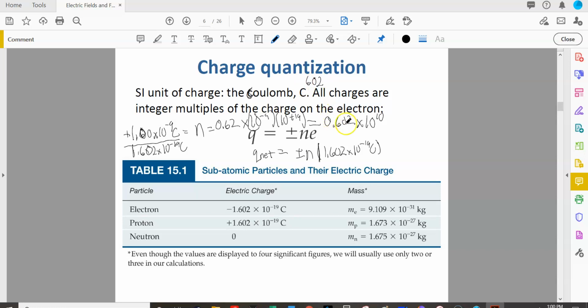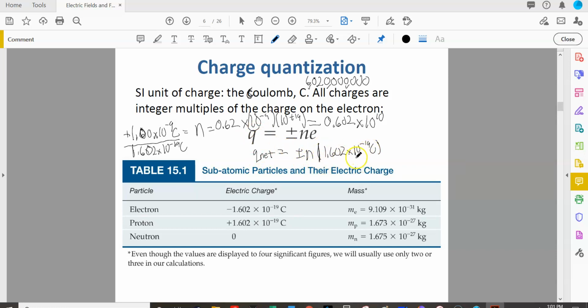602, and so 1, 2, 3, 4, 5, 6, 7, 8, 9, 10. So it would have 6 billion, 20 million protons built up on this object. Okay, so this is how you use total charge of an object to figure out the total number of protons